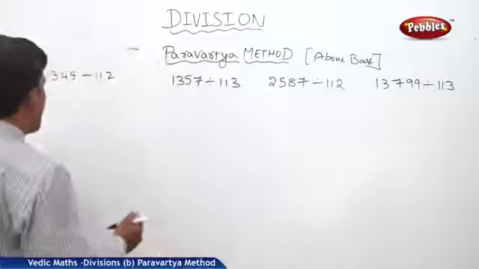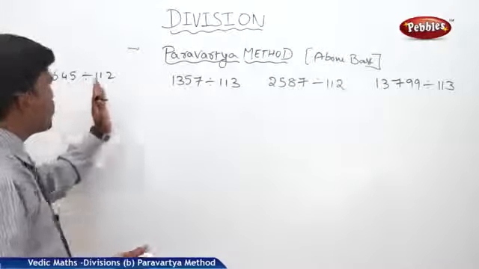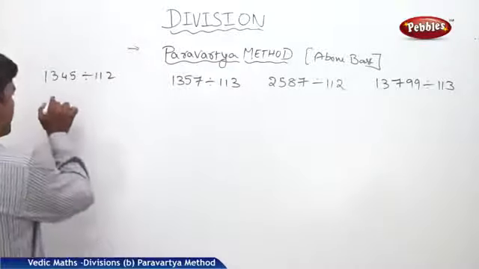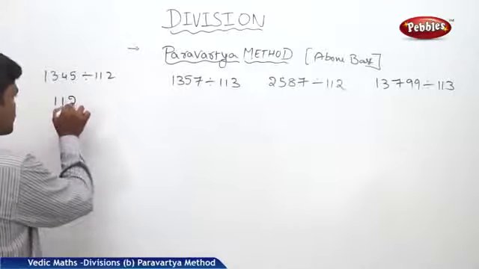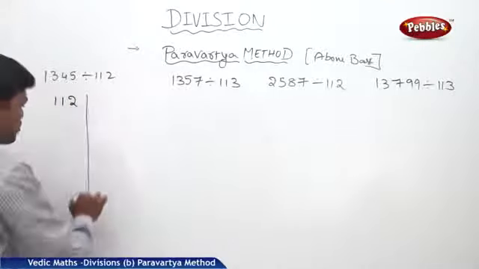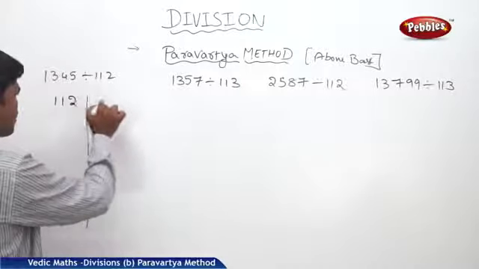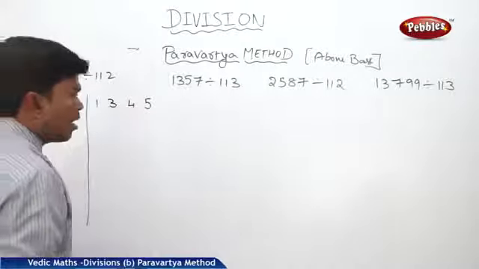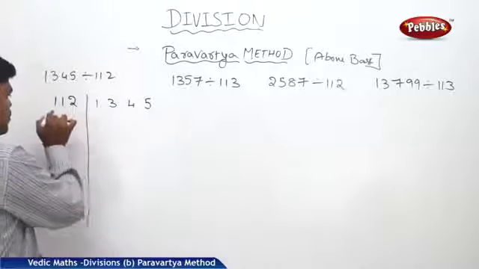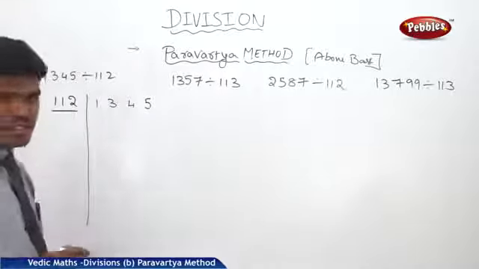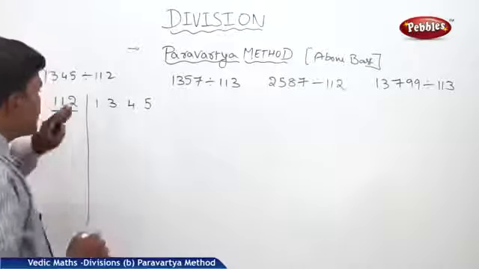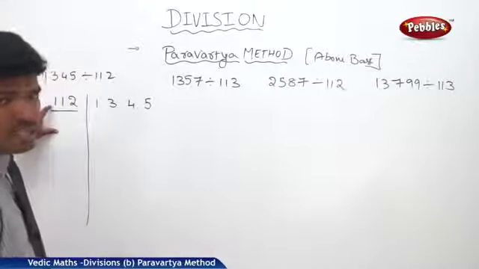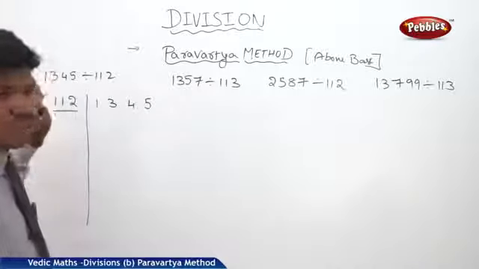For example, I want to divide 1345 by 112. Just write down 112 like this, and then 1 3 4 5 with a bar. Now put a bar under the divisor, leaving the leftmost digit. What is the leftmost digit here? 1, that is the hundreds place. Leaving the leftmost digit,